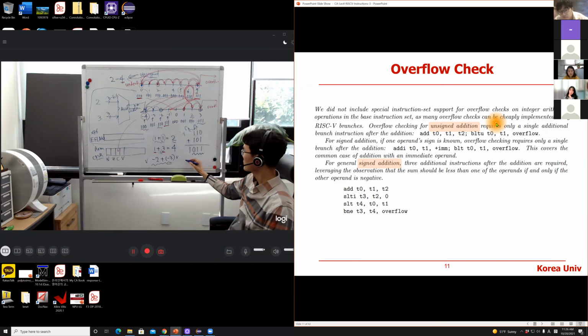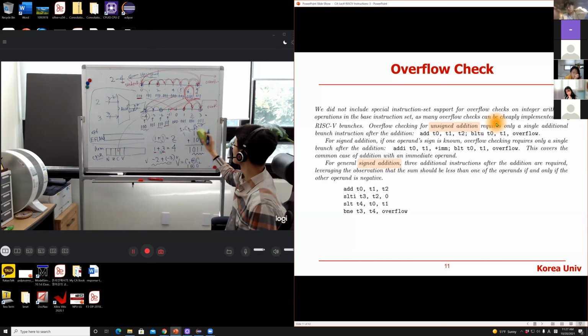And you have to do an exclusive OR operation to check the overflow condition for signed numbers. So in this case, carry out from the second column is 0, and from the last column is 1. So if you do 1 XOR 0,